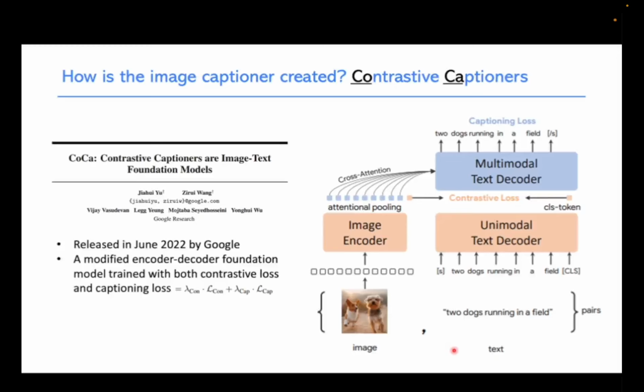Interesting. This is the contrastive loss, I think, right? The contrastive loss in the contrastive objective. Right, this is the contrastive loss. It's not just the captioning loss. We're looking for the captioning loss? Cross entropy. Cross entropy. Ah, okay. Wow, very strict. Cross entropy of each word. So if I caption that as two dogs running in the field, and if I caption it as in the field, there are two dogs running, that would be totally off in that case. Okay, thanks.